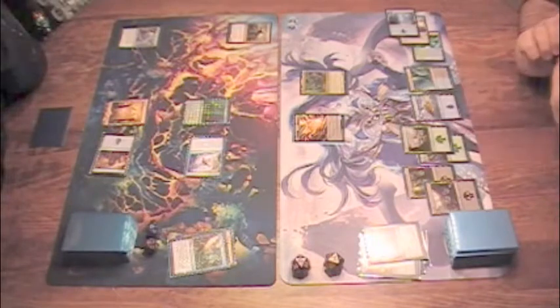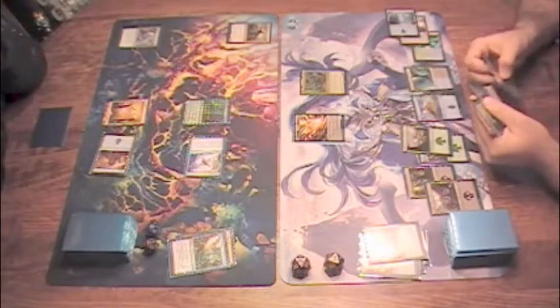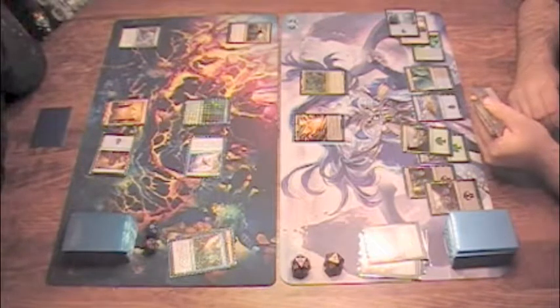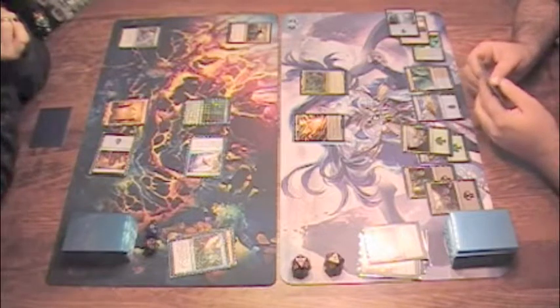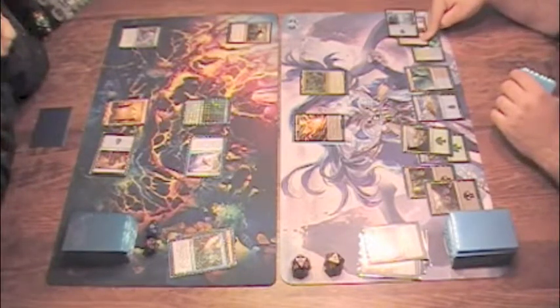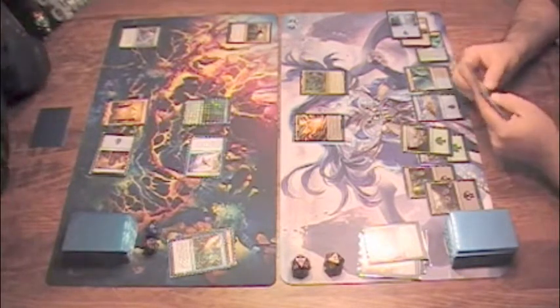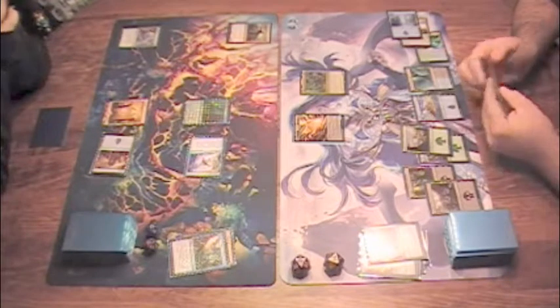And then I'm going to do... Wait, that was 1 blue, 1 green, and 3 others? Yeah, this does blue-green. This does 2 generic. Oh, that's right. Generic. So I forgot that. I will do...